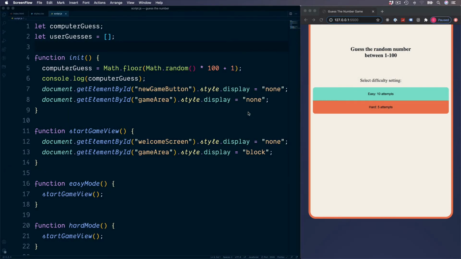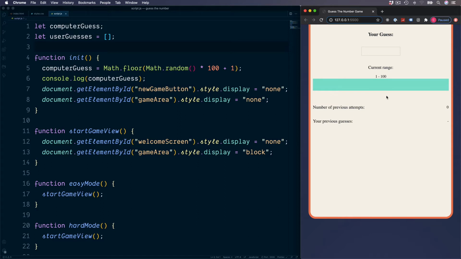Let's now move on to log in the user's number of attempts. The reason we're doing this is because we have an easy and a hard mode to begin our game. So once the user reaches either 5 attempts or 10, this is how we know the game is over. We can also log this number of attempts just here too, so you can also see how far into the